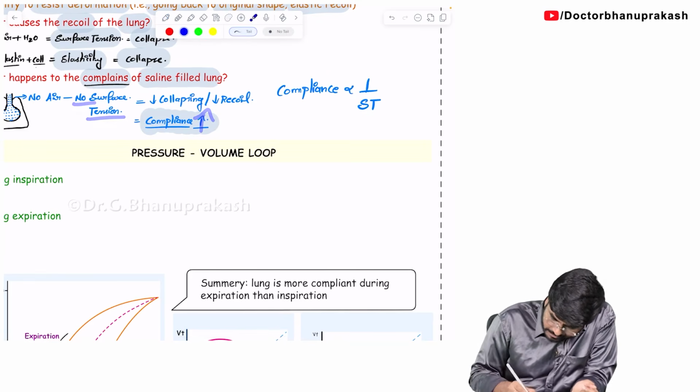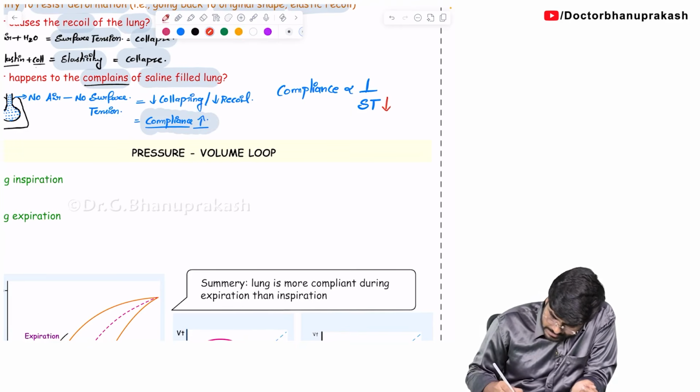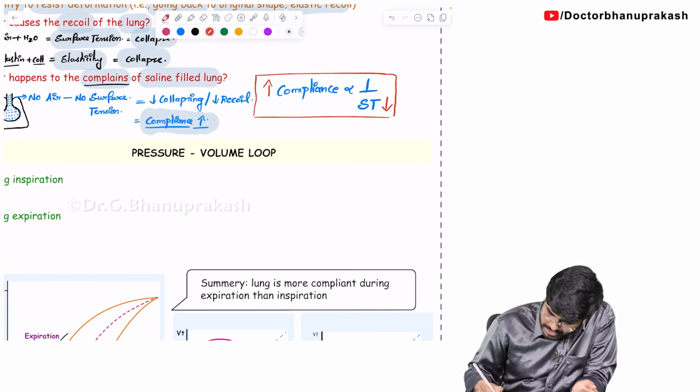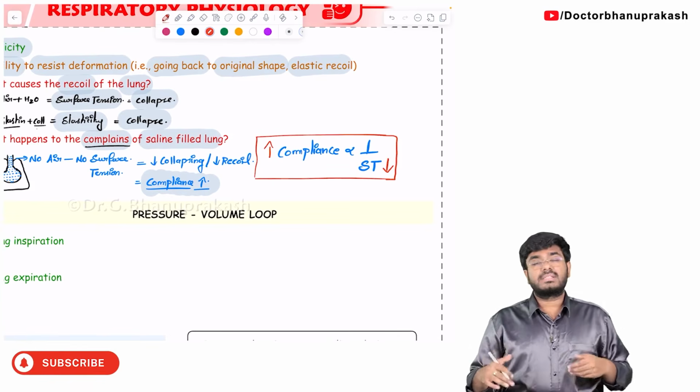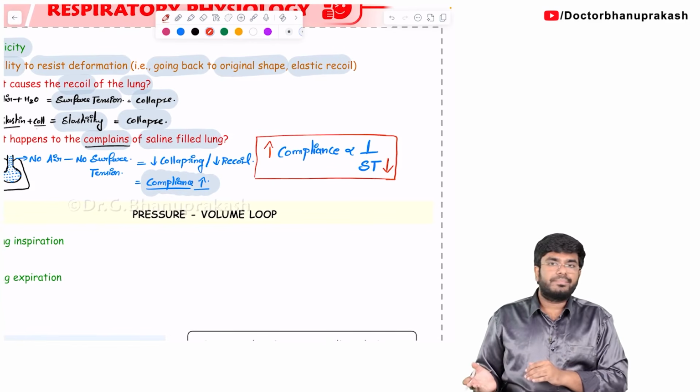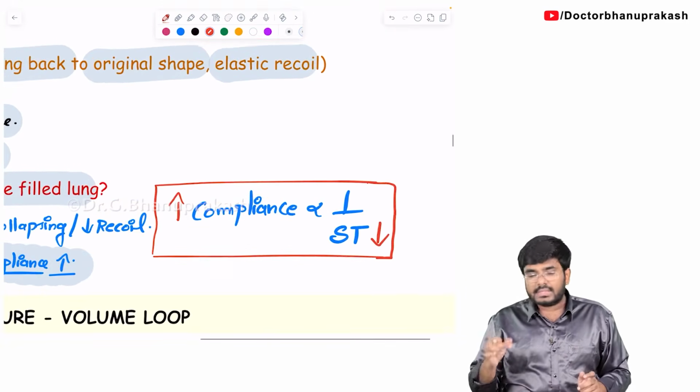So write, whenever the surface tension forces in the lung decrease, the lungs will become more compliant, easily stretchable with less pressure. You can stretch them easily. So this is the new formula. Very important. We'll be discussing this formula in the next video mainly. Next up, what else do you have to know?